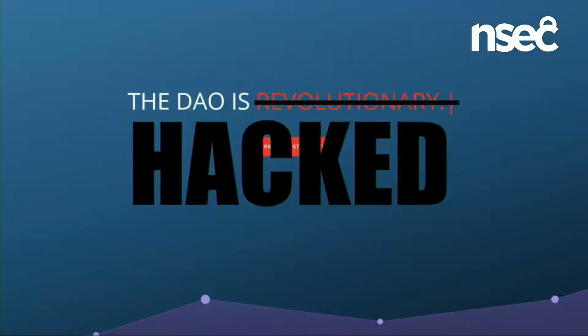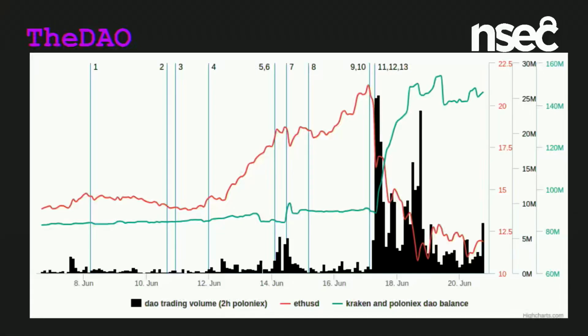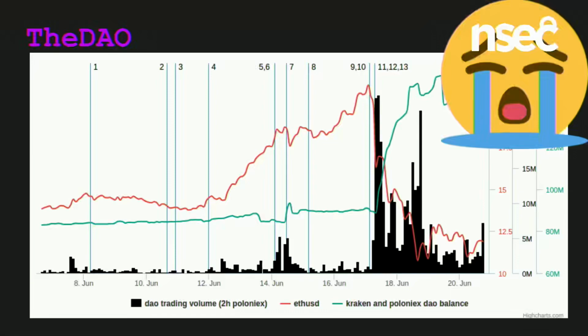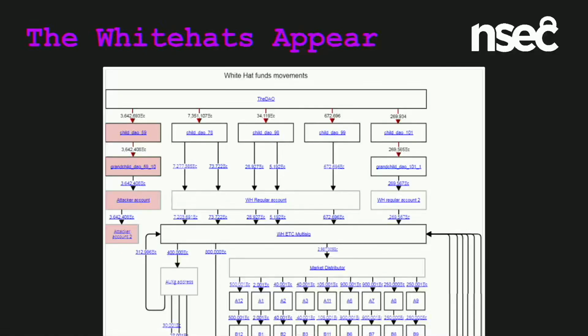So from euphoria and happy good times, everything just turns to tears. So in the midst of this trauma, a white hat group appears, and these guys are like the incident response ninjas. They appear just in time, committed to the community, and they start hacking the hacker back, because everything's public,